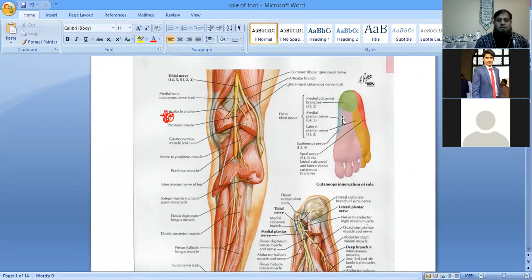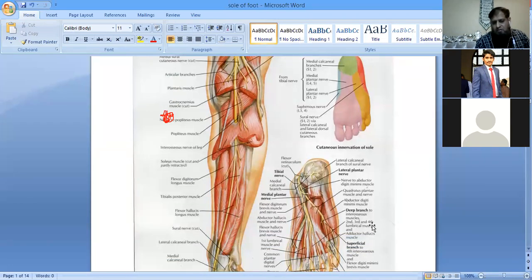Okay, now the other part, the major two-thirds of the anteromedial aspect of the plantar aspect of the foot, is basically supplied by the medial plantar nerve, which is again a branch of the tibial nerve. As I told you, as soon as the tibial nerve enters the sole, it divides into two branches, the medial plantar nerve and the lateral plantar nerve. So the medial plantar nerve supplies the major area, the anteromedial two-thirds of the sole of the foot up to the distal phalanx, up to the toes. Other than this area, it also supplies the dorsal aspect of the distal phalanx.